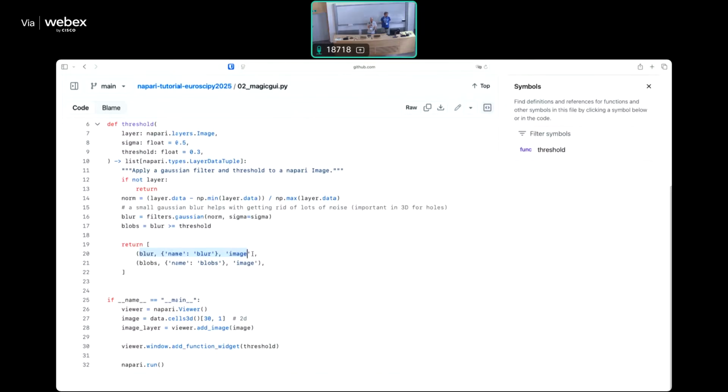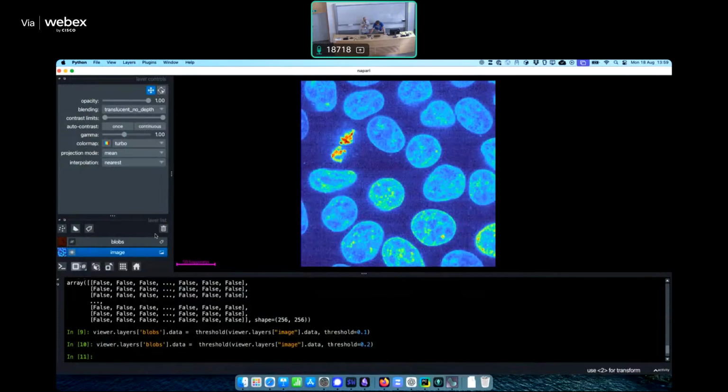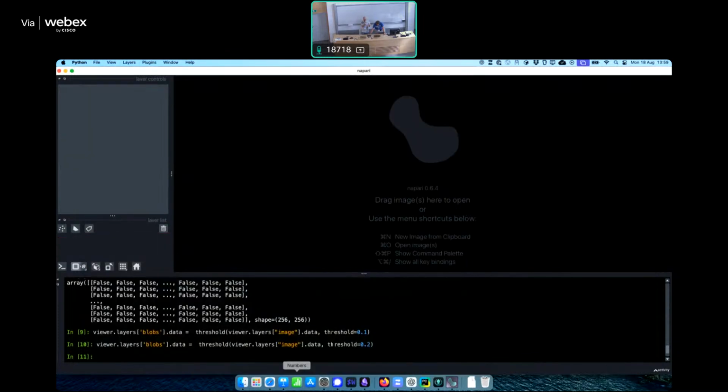But it also allows us to return any keyword argument that will be given to the generated layer. In this case, what's useful is that we can give it a name, and the name will be used to update an existing layer if a layer of that name already exists. And the third element of the tuple is the layer type. In this case, it's not actually necessary, I think, because it will guess most of the time, but it's better to give it. So if we run this new code,